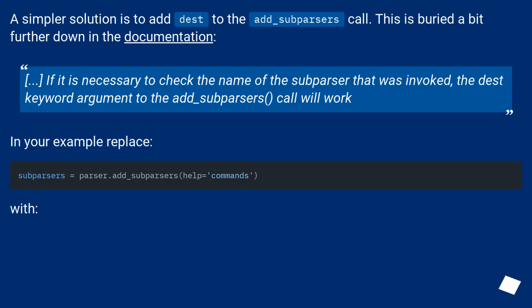A simpler solution is to add dest to the add_subparsers call. This is buried a bit further down in the documentation. If it is necessary to check the name of the subparser that was invoked, the dest keyword argument to the add_subparsers call will work. In your example, replace